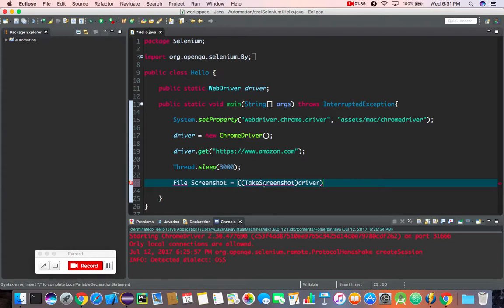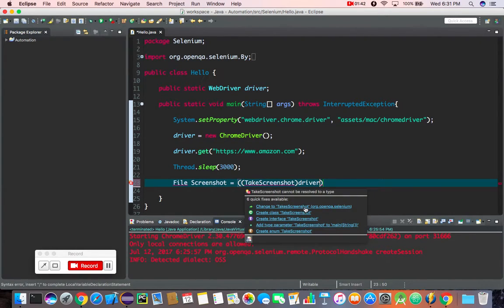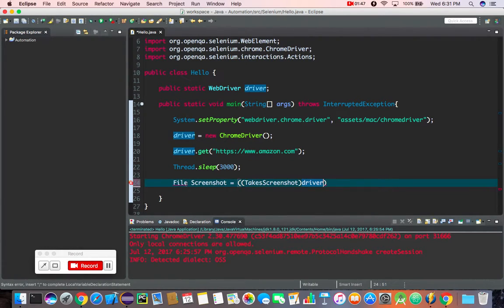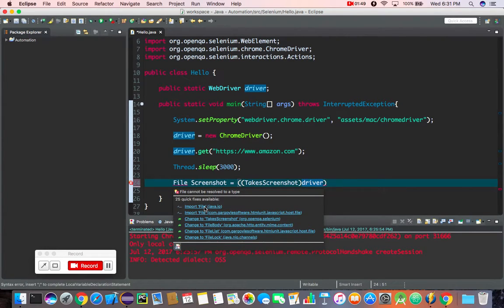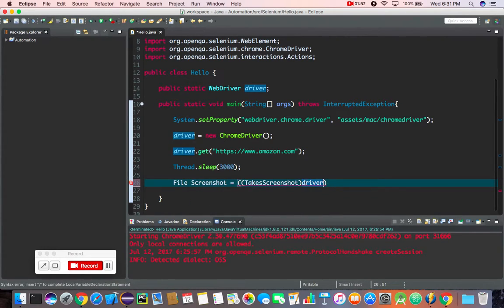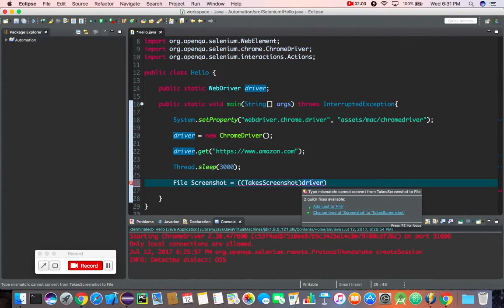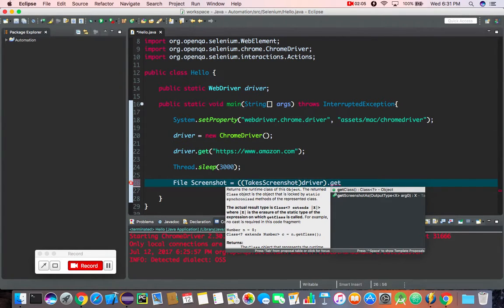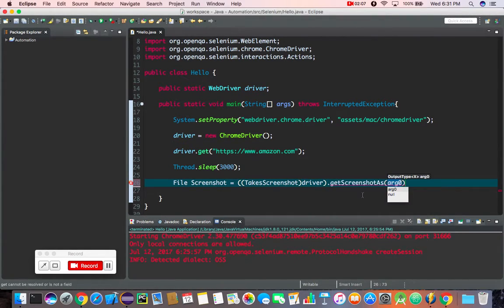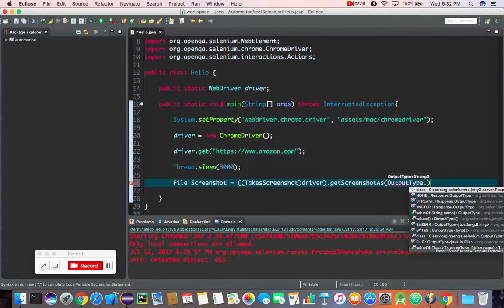Because when we try to import it, see, it says I messed up. I did forget an S, and that's why it told me to change it. So it's really sensitive to everything you do. So I just imported those two libraries. After I wrote take screenshot, after that first parentheses, I put driver because I want to take a screenshot of that driver or whatever browser I have, and then do get screenshot as, and then I want an output type as a file,